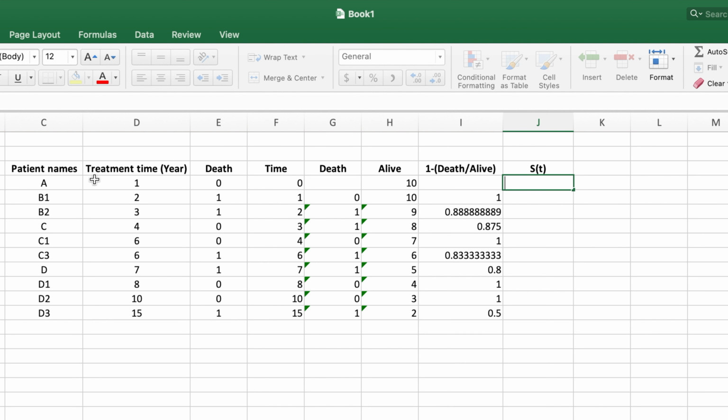Now, let us add the survival probability column. Since there is no patient death at this point, the survival probability for the first row will be 1. To calculate the survival probability for the next row, we will use the formula equals select the first survival probability multiplied by its corresponding 1 minus death over alive value, and then hit Enter or the return key. To calculate the rest of the survival probability values, select the calculated value and drag it down all the way